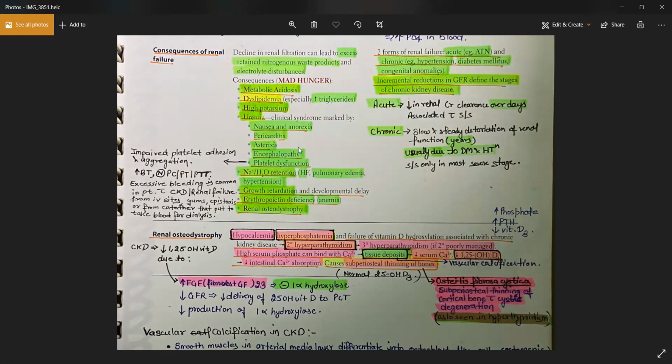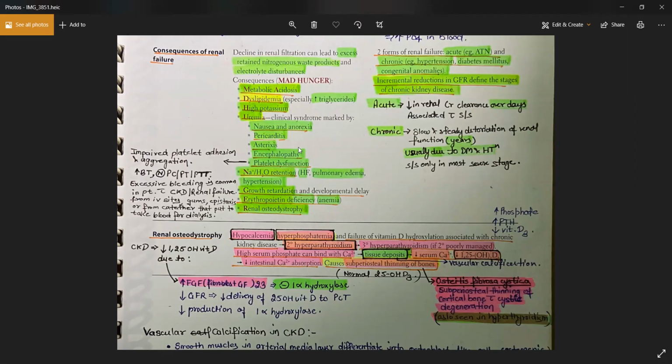In the acute kidney injury, you will be losing all these electrolytes. In the chronic kidney injury, you will be having a retention of this sodium and water. So a retention of sodium and water because of loss of GFR will happen, and that can lead to an increase in the stress on your heart. That can lead to a volume overload. Heart failure will happen, pulmonary edema will happen, hypertension will happen, ascites will happen, peripheral edema will happen because of that, right?